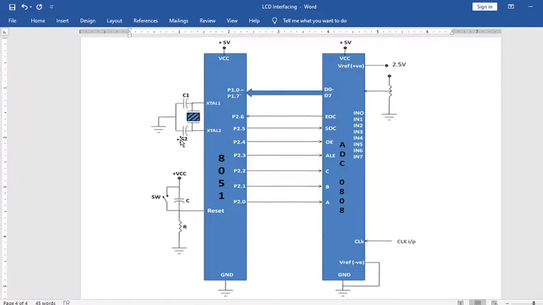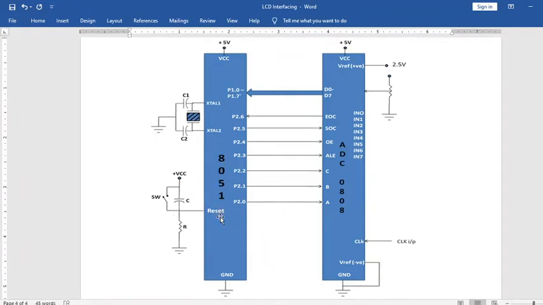Then we are using a crystal oscillator, given as input to the XTL1 and XTL2 pins, so that it will provide the frequency which is needed for operation of the 8051 microcontroller.